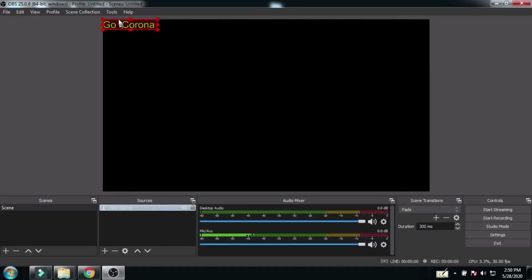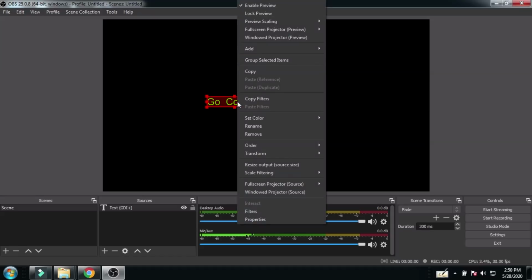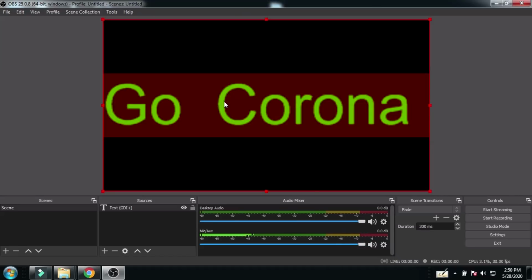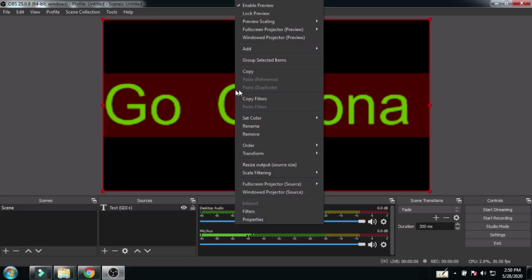Now check, your particular text is here. By using your cursor it is possible to change the shape and size, and other options are there. Go to transform, fit to the screen, and this go corona or any text is getting fixed to the screen.